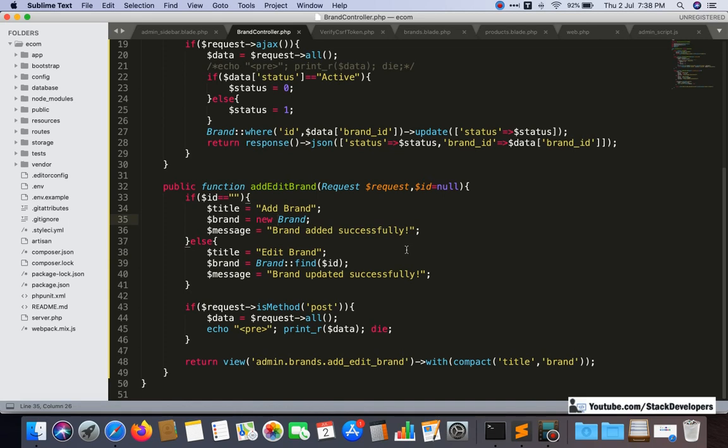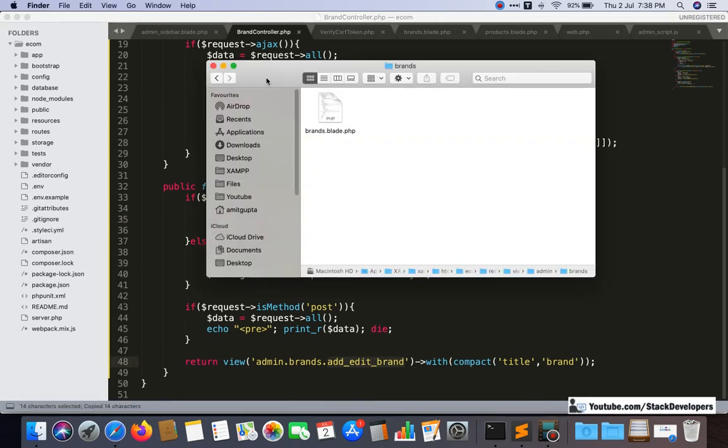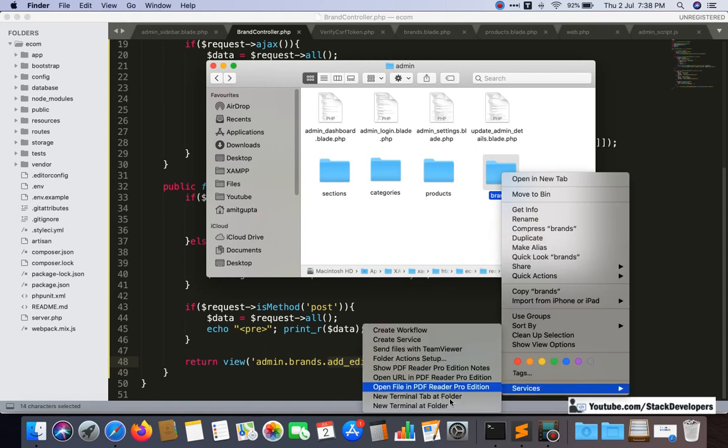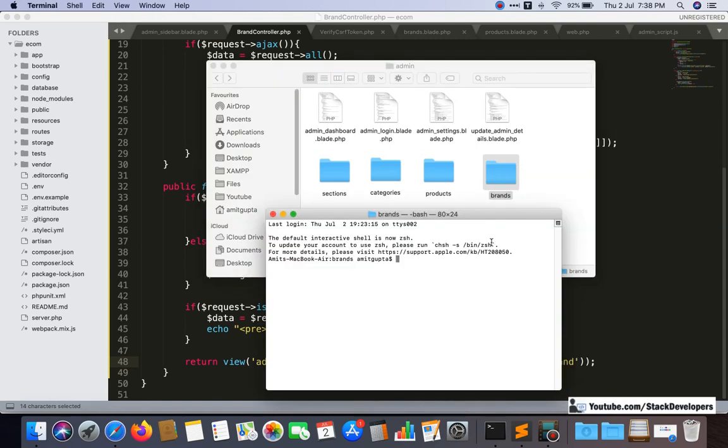So let's see. We need to create this file, add edit brand. Here inside this one only, in brands we will create this file. If you are on Windows, you can give your command and create the file like this.